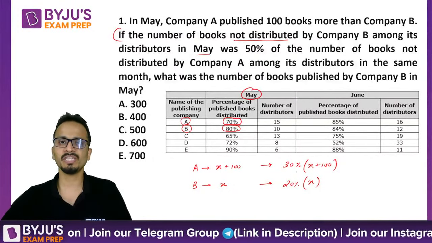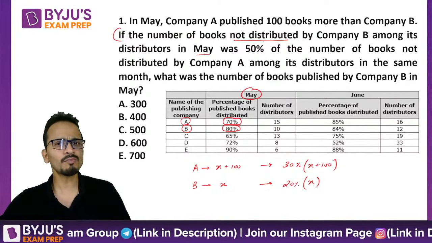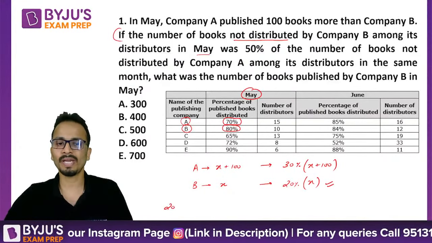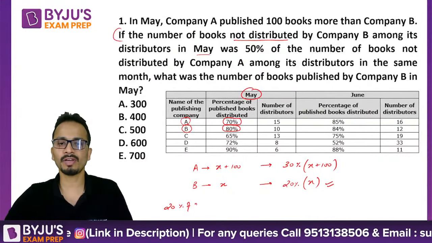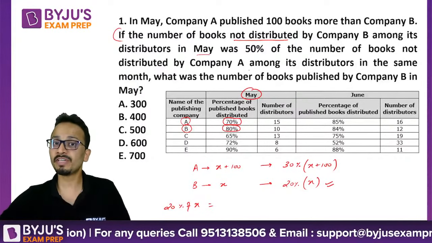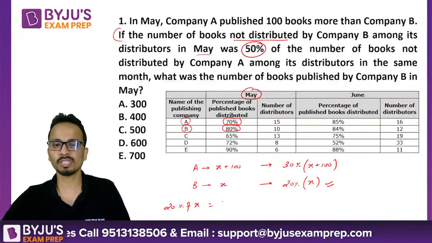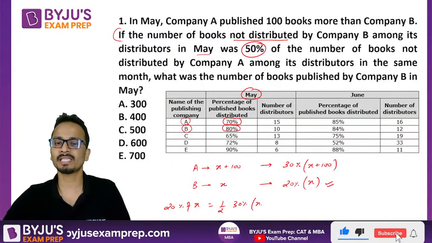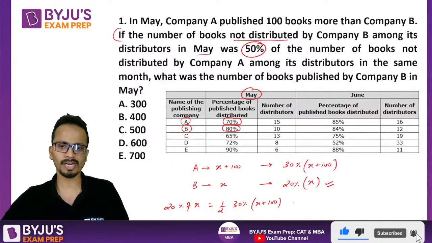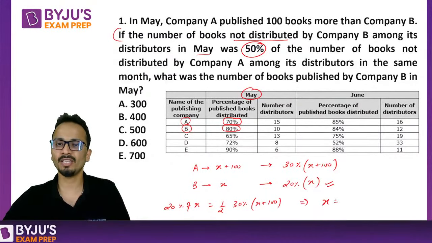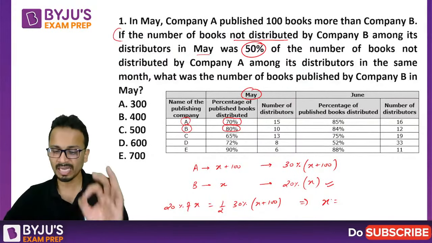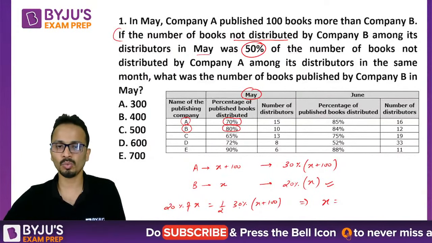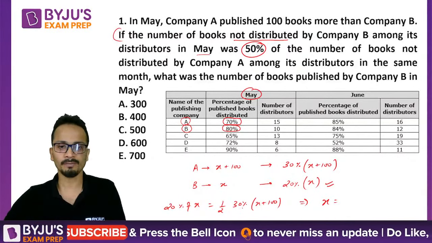Now the relation between these is given as the number of books not distributed by Company B, that means this value, which is 20% of X, was 50%, was half of 30% of X plus 100. All right. So from here, you can find the value of X, and this is what has been asked in this question. Okay, so if I solve, 10% of X will be equal to, okay, so yes,